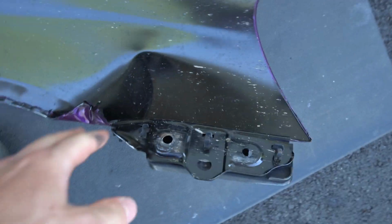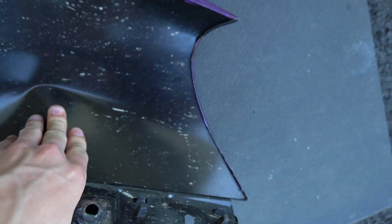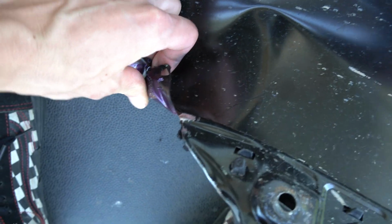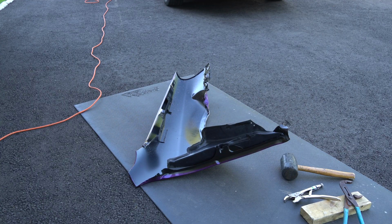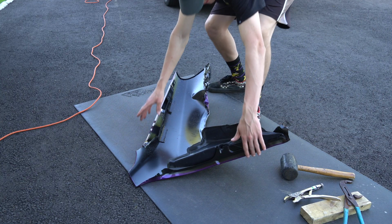We gotta flip it over. Get this big crease right here. I'll probably be able to get that out with my foot. This right here, we'll see. So, yeah, this fender's mint. First things first, for this crease right here,